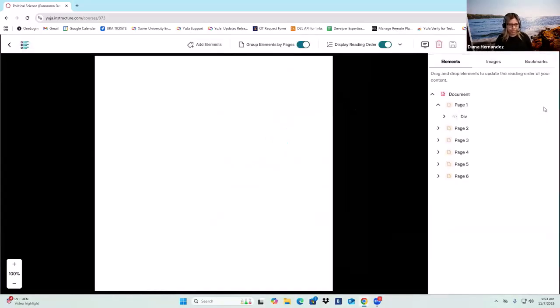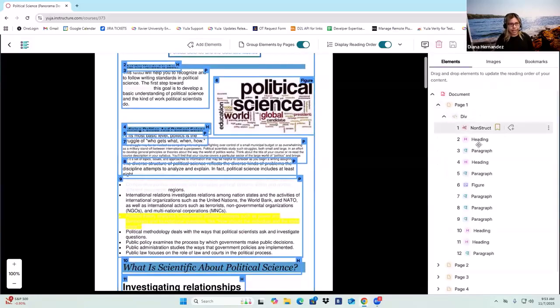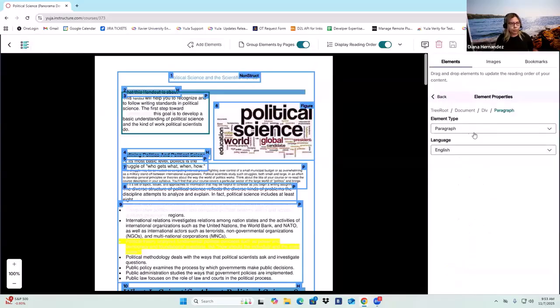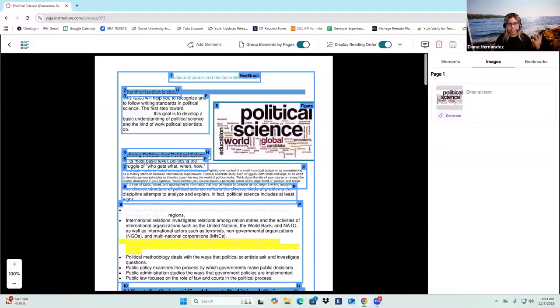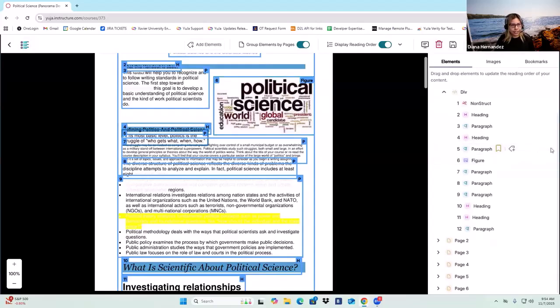If we launch the structure remediation, we can see the reading order. So with this one, we can go ahead and select the tags and revise them. We can add a specific tag. If we have any images, we can see here that it detected my image. I can either add the text here or click to generate it using AI. It's going to provide that alternative description for my image using AI. And then also just going in and checking each individual tag. And again, I can move them around if I like.